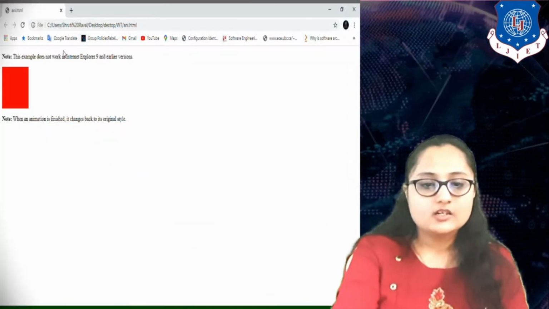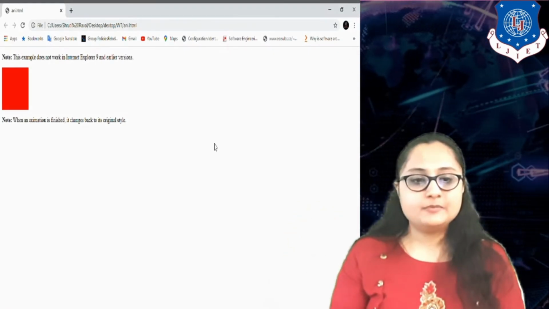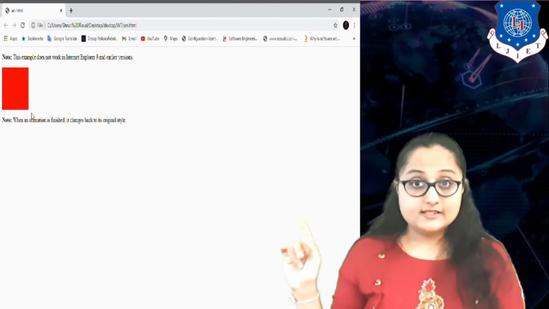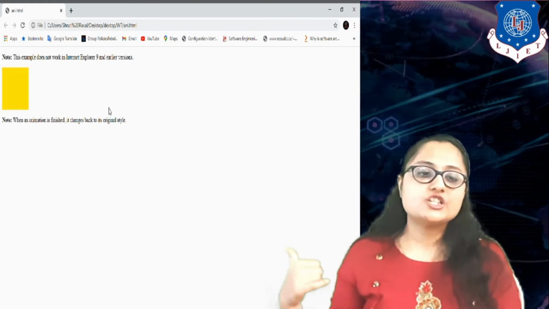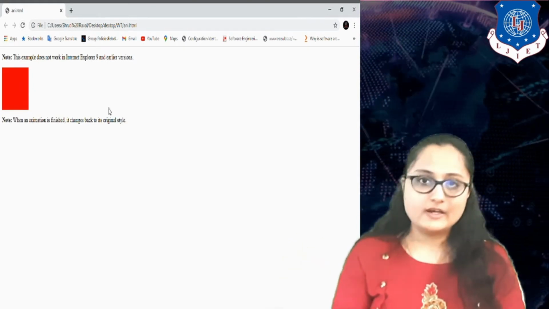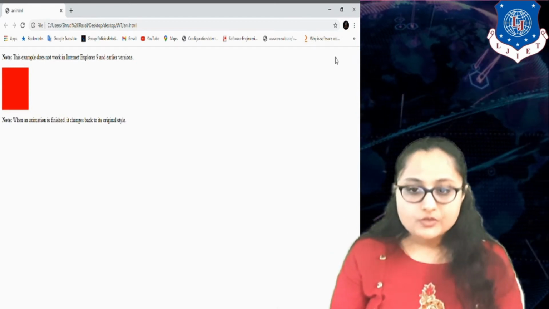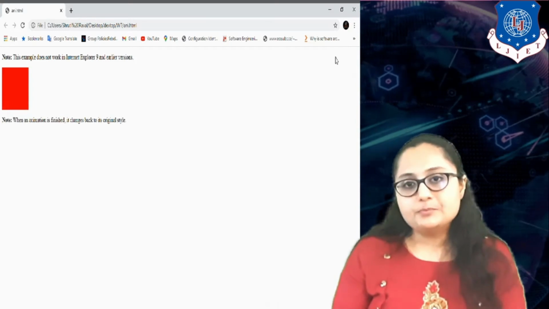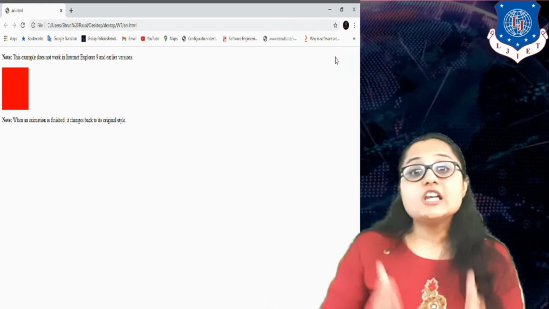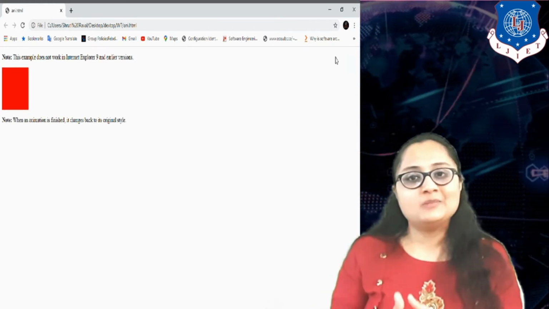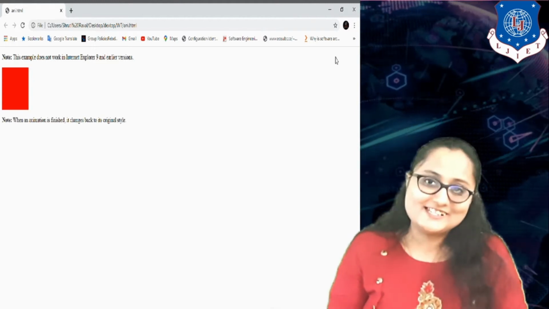Let us see what happens. So here you can see in the animation that this is the red color, but if I reload, it will apply the animation and it will change from red to yellow and then back to red, because it will be applied only for 4 seconds. Okay, so this visually appears as if it is a video, but it is basically the change of state of an element over different durations, and that we have explicitly applied using CSS animation.